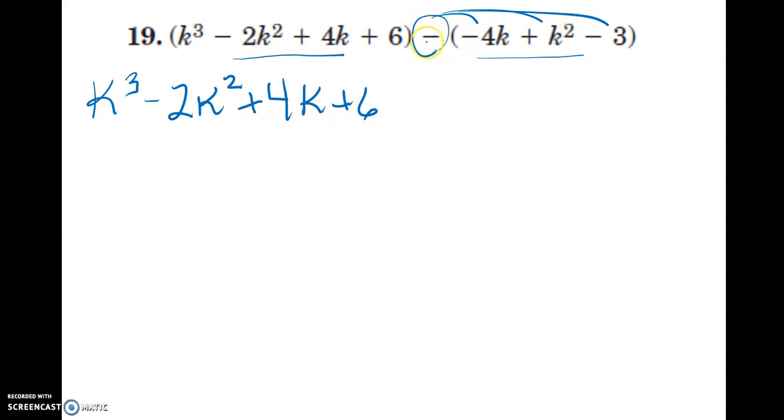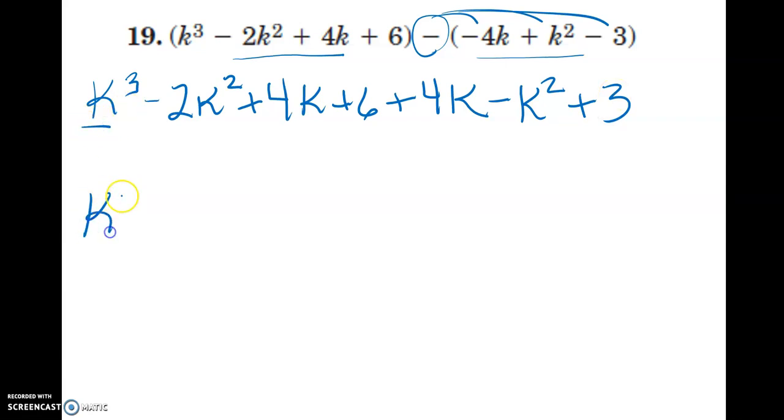And now distribution. Negative times negative is a positive 4k. Negative times a positive is a negative k squared. And the negative times the negative gives me a positive 3. So let's collect together our like terms. We only have one k to the 3rd power, so we're going to bring him down. We can't add him together with the squares or the single k's because remember, under addition or subtraction, they have to share the same